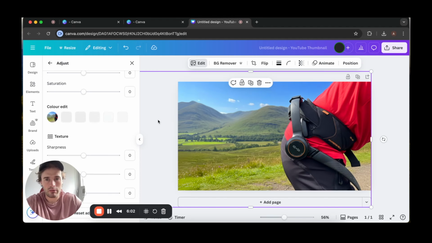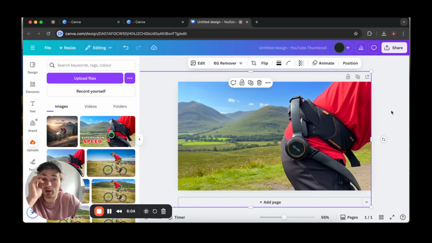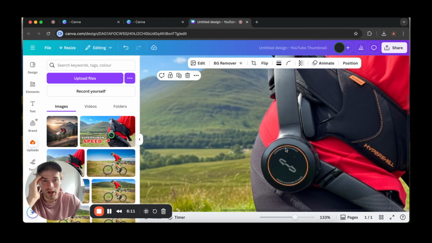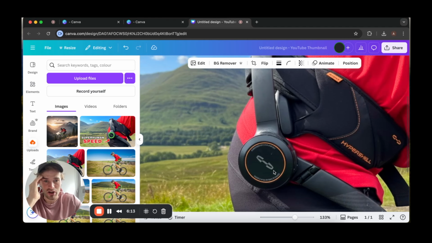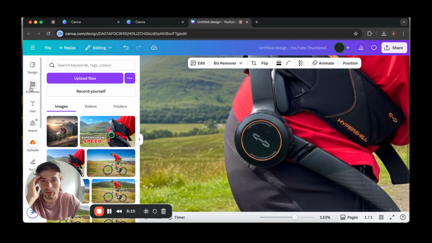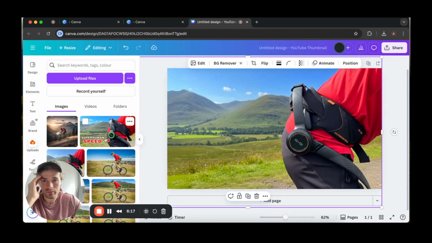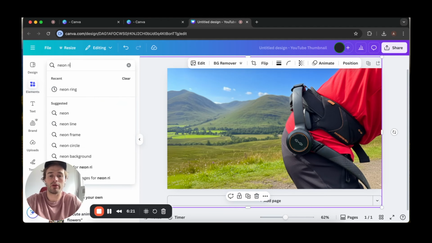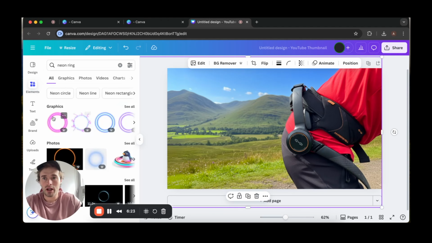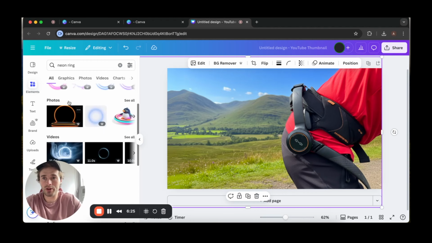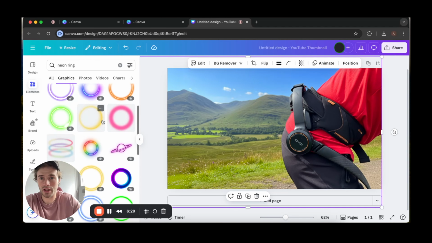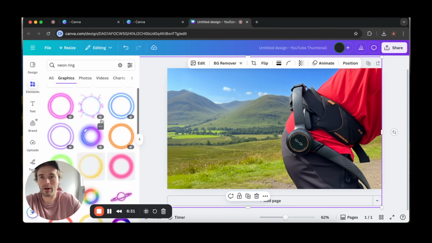Now I'm going to make this thumbnail pop even more. So I'm going to add an element to this. So you can see this orange ring here. I'm going to change that to neon green. So I'm going to click elements and I'm going to search neon ring, and it'll come up with all sorts of videos, photos and graphics. I'm going to click on see all here, and obviously all these different styles. I'm going to go with this one,